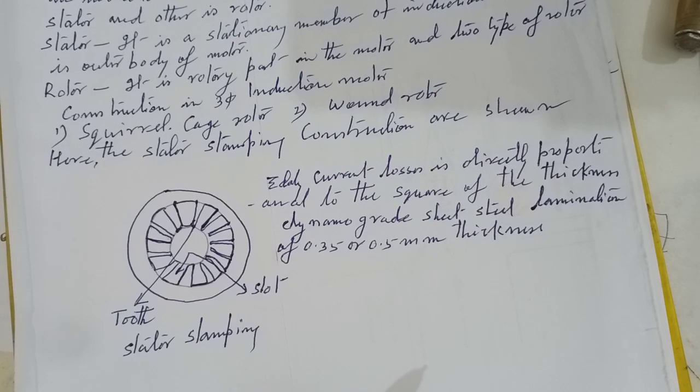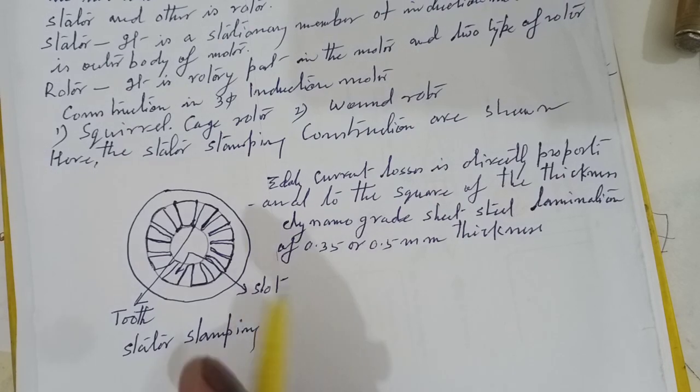Two types of rotor construction are generally used for three-phase induction motors. One is the squirrel cage rotor and the second is the wound rotor. In the squirrel cage rotor,